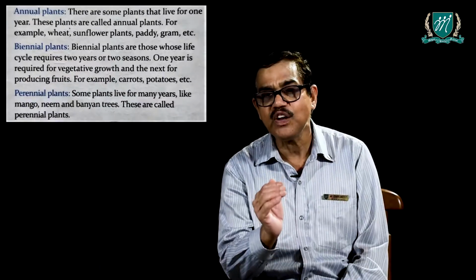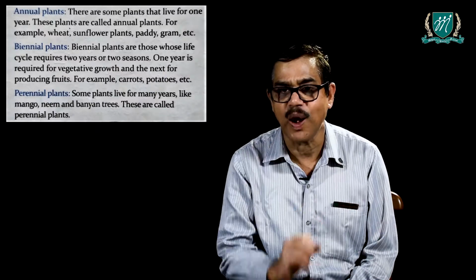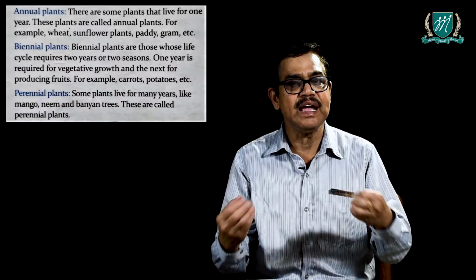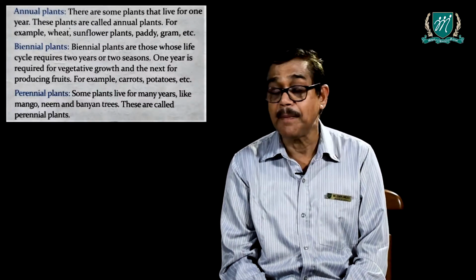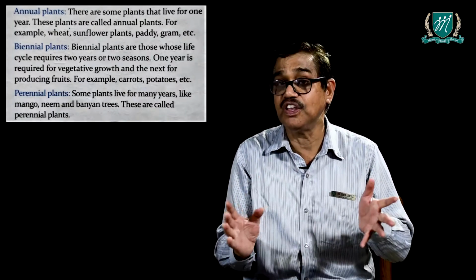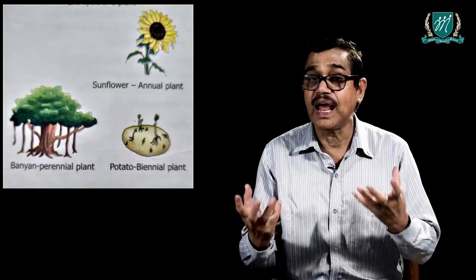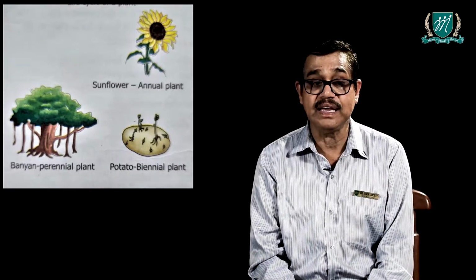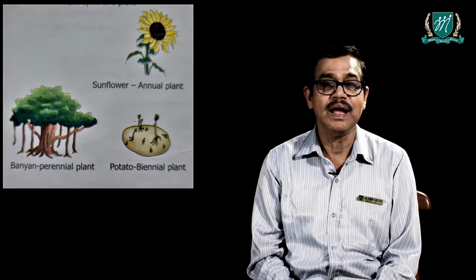So you have the annual, the biennial and the perennial. Annual plants just live for 1 year, during which they grow, they multiply, they give out the fruit, like wheat, grass and other plants. The biennial plants live for 2 years. In the first part they grow, and in the second part they give out the fruit, and thus they need 2 years to complete their life cycle. That's called the biennial. Perennial plants live for many years, such as mango, apple, and other trees.